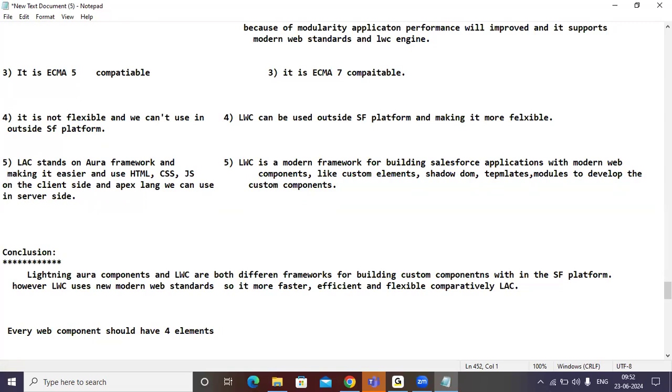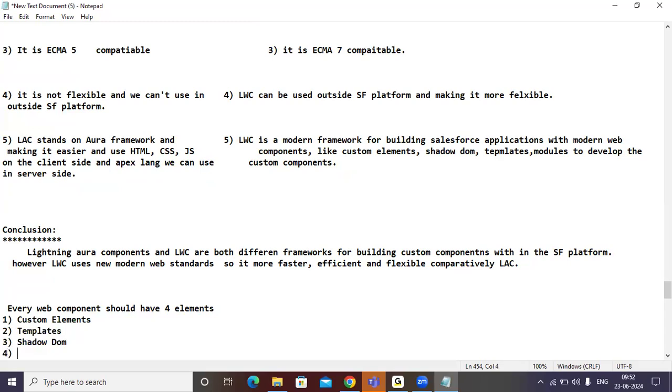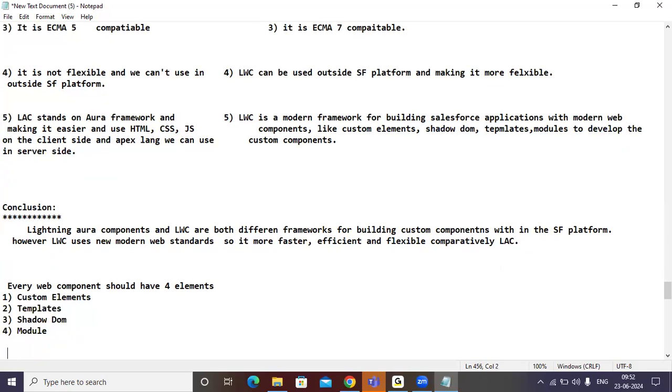Every web component contains how many elements? Four elements, guys. Okay. One is custom elements. Second one is templates. Third one is shadow DOM. Fourth one is module.